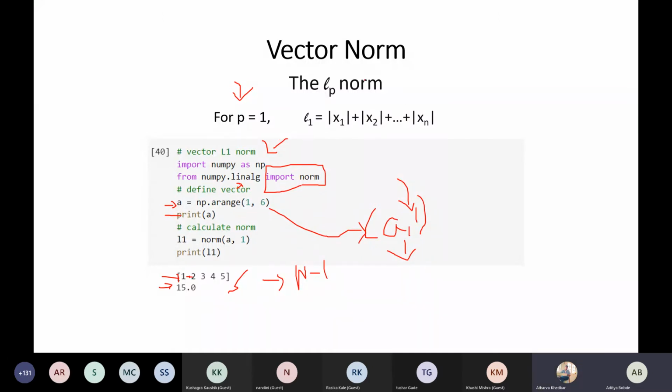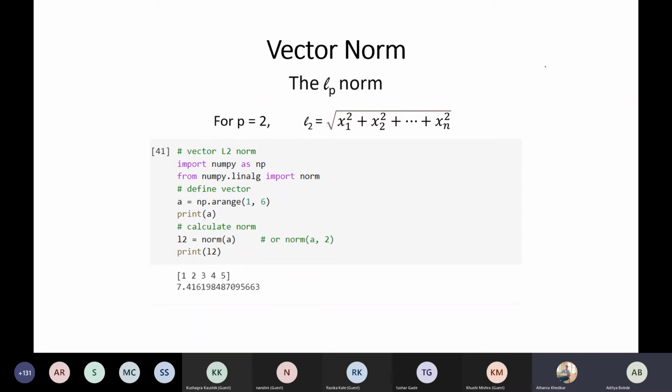Now we'll be moving on to the L2 norm. The L2 norm is, as we studied previously, the square root of x1 square plus x2 square. All these are from the previous slide. Import numpy as np. From numpy.linalg, you are importing the norm function. Once again, you define your vector A. In machine learning, most researchers and scientists use the L2 norm as the default norm. So even if you don't specify the value of 2 in the parentheses, it will consider that you are calculating the L2 norm. If you provide the value of 2, there is no fault. Even if you don't provide it, it will do the calculation for the L2 norm.